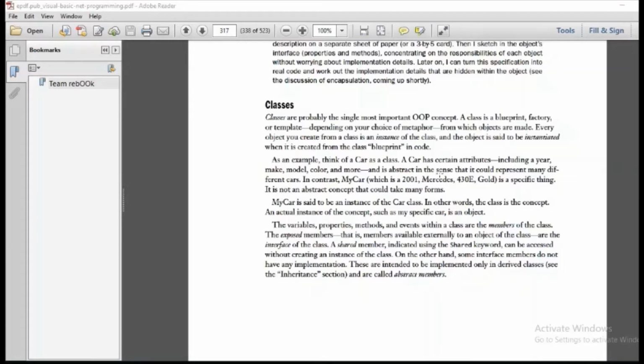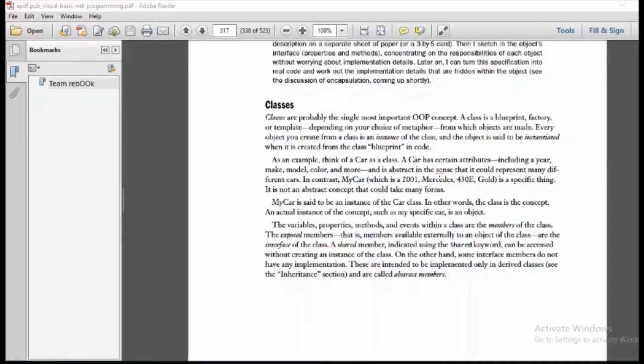First, we say the car has so many properties like color, make, model, and year. Then we say that it has some attributes, and when we say that the color is white, the model is Mercedes, and the year it was released in the market was 2004, it is no longer an abstraction.